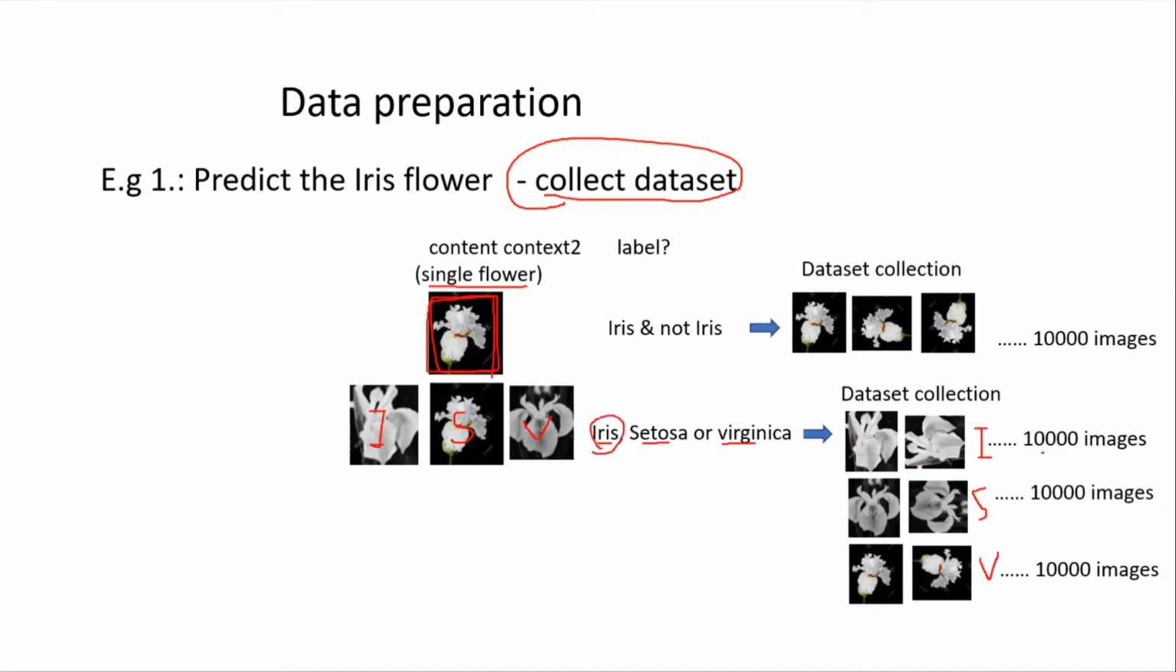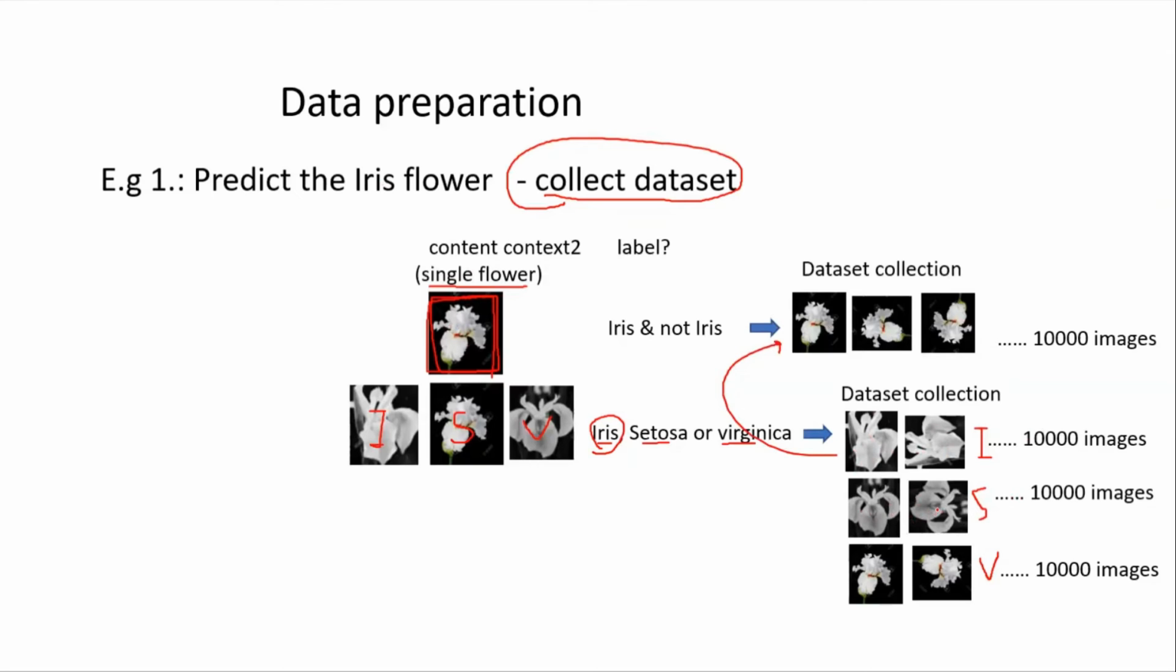So you have to collect 10,000 images. The important thing is the data that you collect, because this data must reflect the problem statement of a single flower of iris. So you're going to have all our iris here. Okay. Then for the setosa, you're going to collect another 10,000 images of setosa from many angles, many sides,